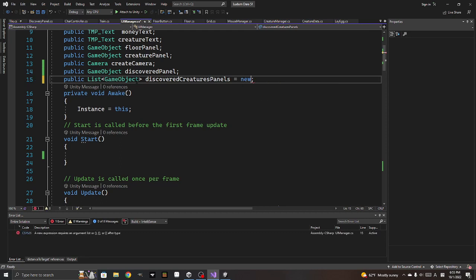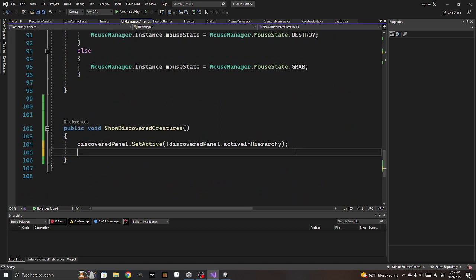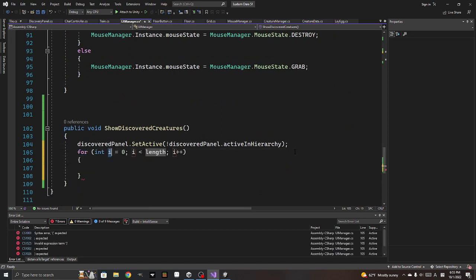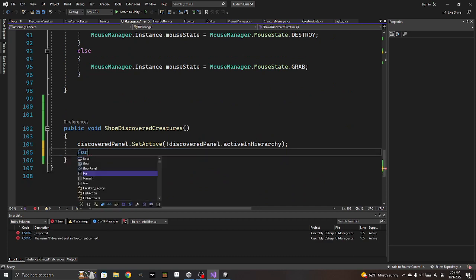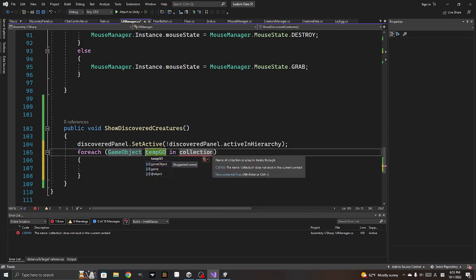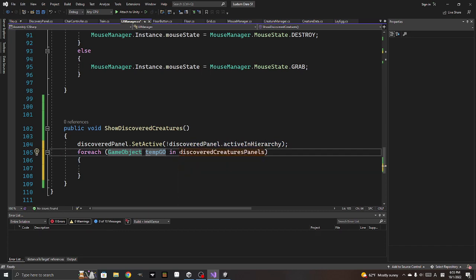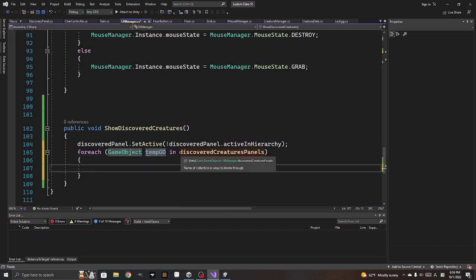We're going to drag them anyways, which equals a new list of game objects. So then we're going to loop through all of them. Actually, let's just say for each game object temp geo in the discover creatures panel, we're going to say